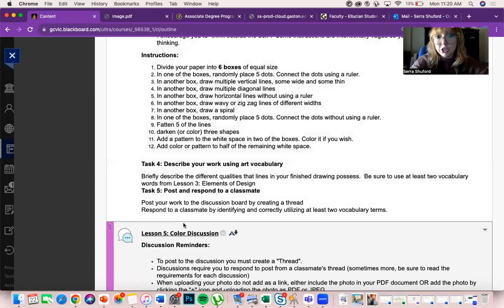So this is a discussion. After you have created your drawing, you'll want to take a nice clean photo of it. Don't have a bunch of blurriness on it. I know a lot of students have Chromebooks, if you are in a high school class. It's totally fine if you want to use the camera on your Chromebook, but a lot of